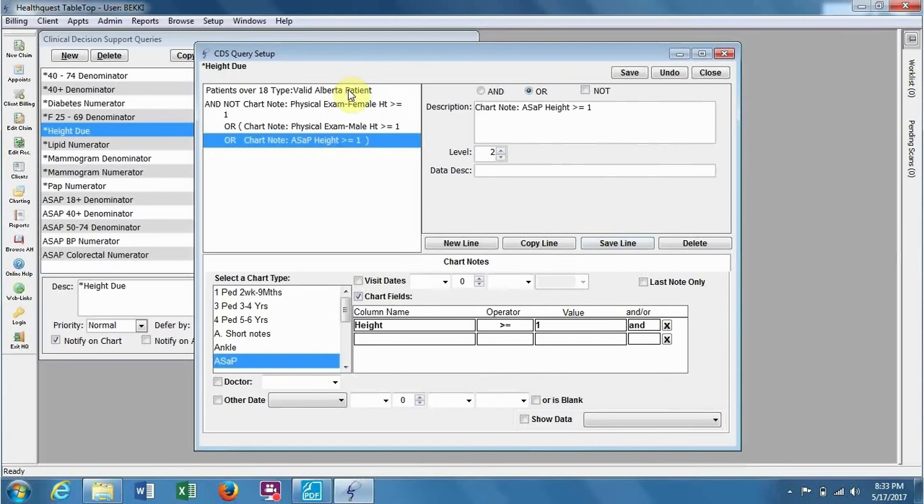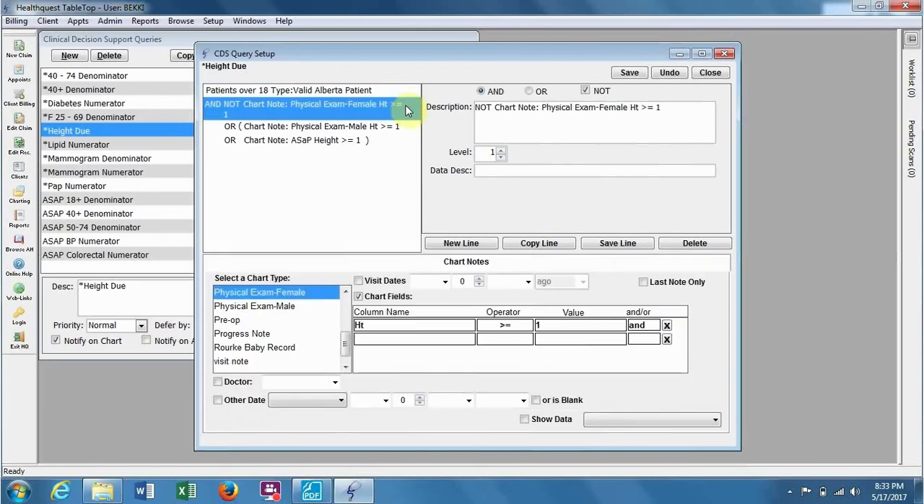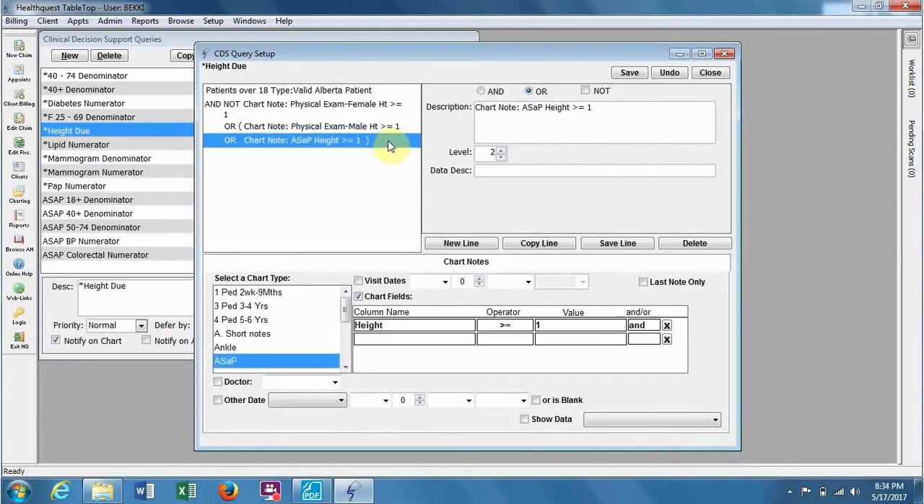So those are all of the criteria. So just to review, we have patients who are 18 and over, who are valid Alberta patients, and they cannot have a height in the female exam, or a height in the male exam, or a height in the ASAP exam. So now that we have all of our criteria, we hit save,